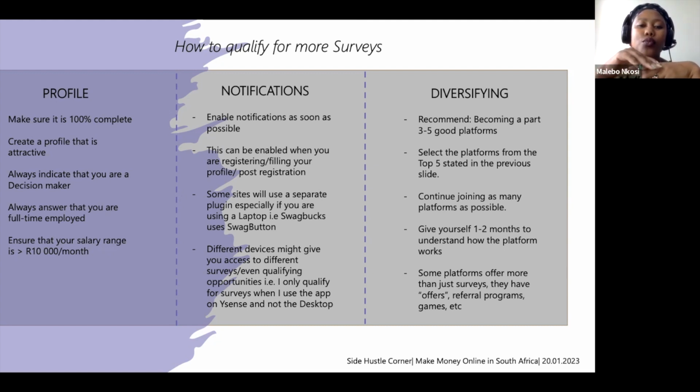So give yourself at least 2 months, sorry, before giving up, because a lot of people will give up the minute that they experience some level of difficulty or adversity, right? So yeah, and some platforms offer more surveys than others, and they also have other things